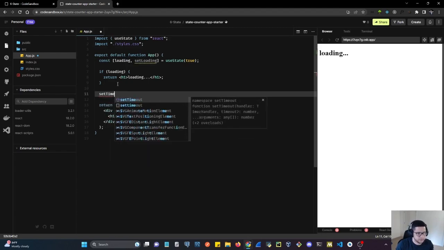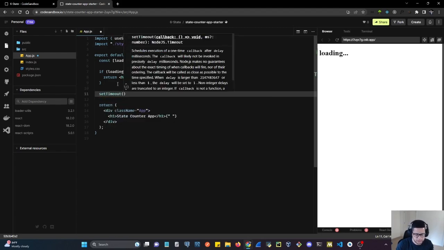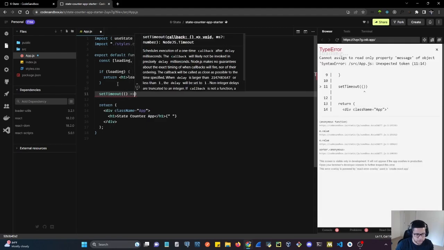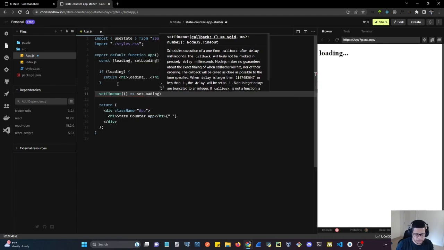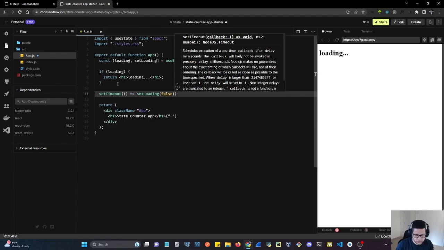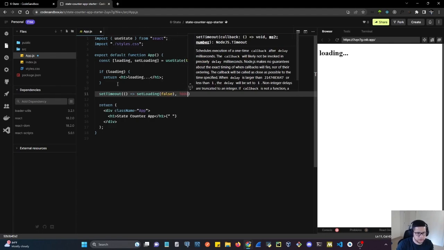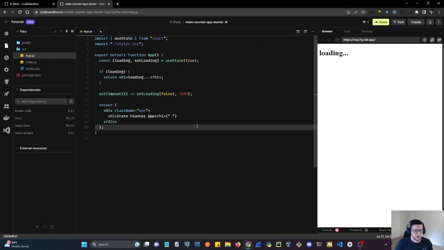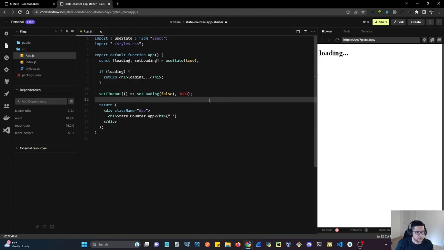Set timeout. With set timeout, we are going to call the set loading function. We're going to set it to false, and we're going to wait for 3 seconds, right? So after 3 seconds, we're calling set loading and setting it to false, right? So if I save this, and let me refresh it just in case,